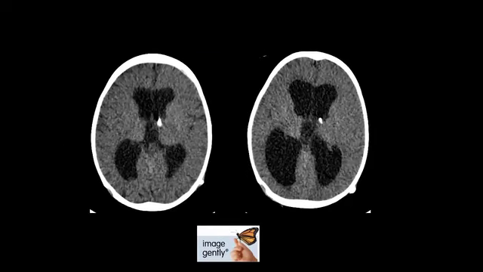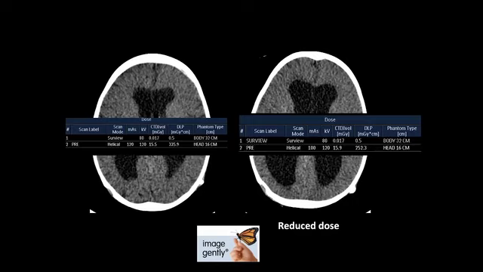And so just try, if you are having to do repeat examinations, particularly in patients, say, for example, that have needed shunting or draining, or patients with abscesses, to institute low-dose CT protocols, because now you're not looking for very, very small detail. You're basically looking to go, are ventricles bigger or smaller? Is the abscess bigger or smaller? And you could leave out the pre-contrast and just do the post-contrast scan. So the image on your right is the reduced dose scan, which I think you'll probably agree is not that different to the normal dose scan, and the doses in these are significantly different.